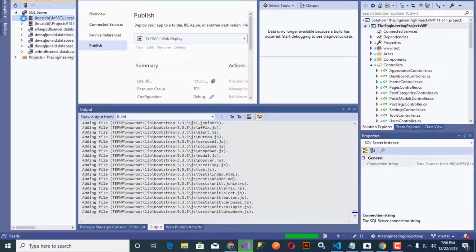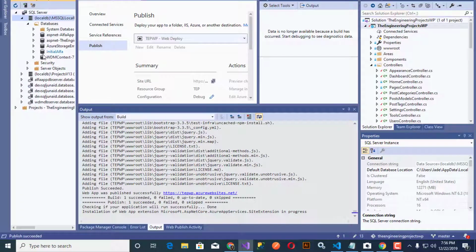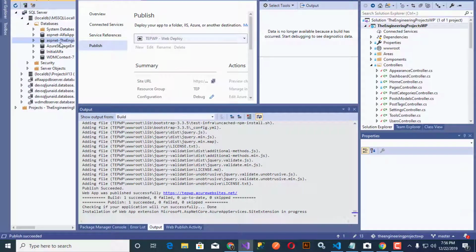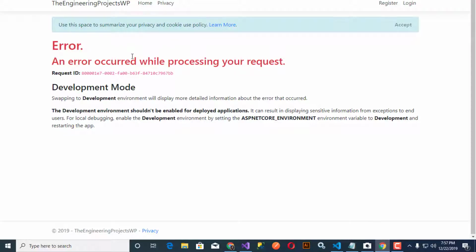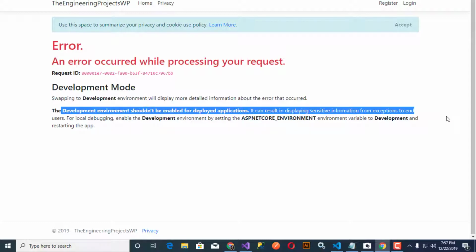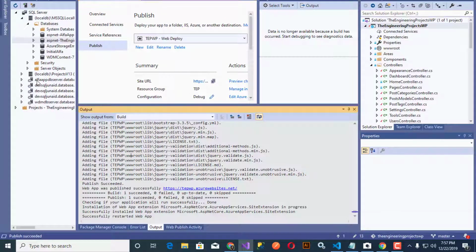So this is our, okay, it is opening now, and here we have the engineering project. Right click here, data comparison, and a data comparison screen opens in a while. Until then you can see that it's saying swapping development environment and so on. Okay, yeah, we have to add this variable into the app service, which I will let you know later in this video. But we have to compare our